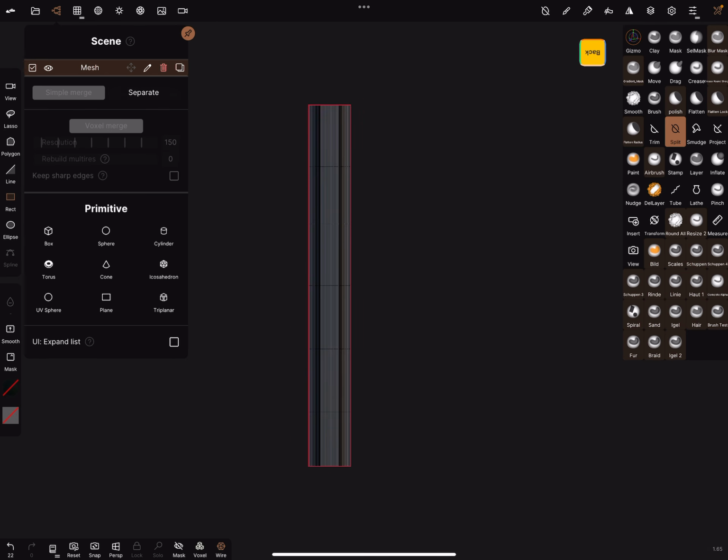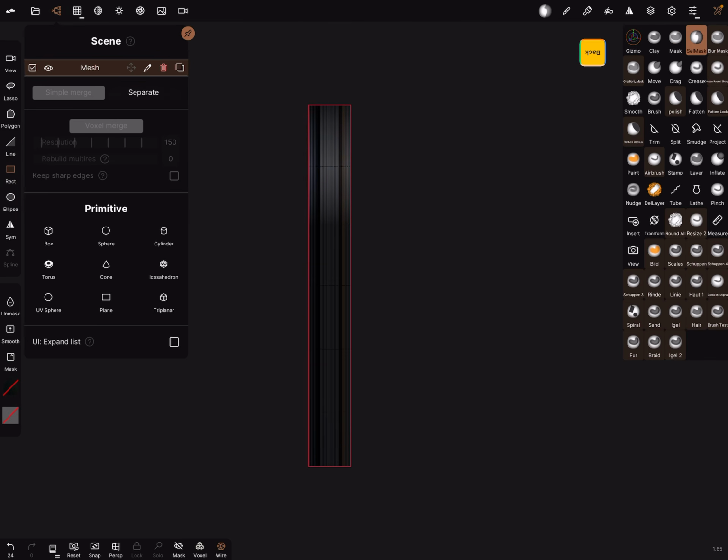Now we can use the cell mask, turn the symmetry off, and you can mask the parts here, and you can now use the finger gestures. Hold down the mask button and tap on the screen to invert it.